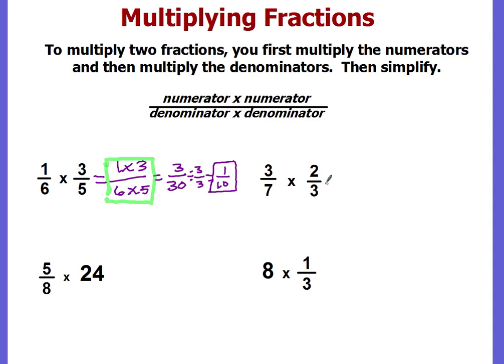For example, going over here, 3/7 times 2/3. I'm going to multiply the numerators, 3 times 2, and I get 6. Multiply the denominators, 7 times 3 is 21. So I took out this step right here, but you can definitely do it if you want to. Then we need to simplify. The factors of 6 are 6, which is not a factor of 21, and 2 times 3. So 3 is a factor of both, so I divide numerator and denominator by 3, and I get 2/7,